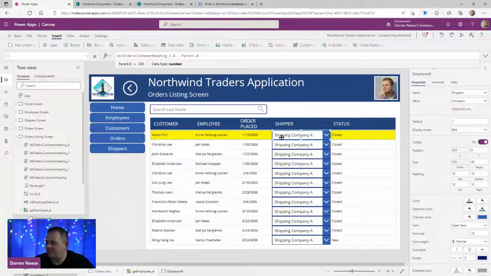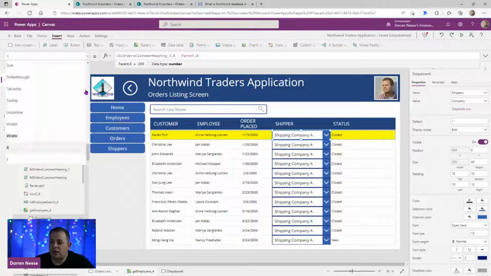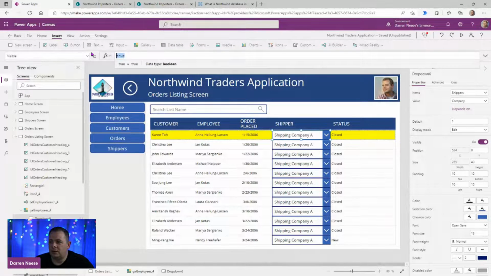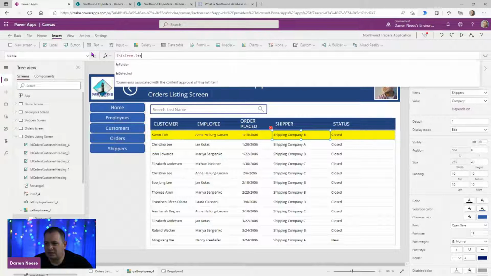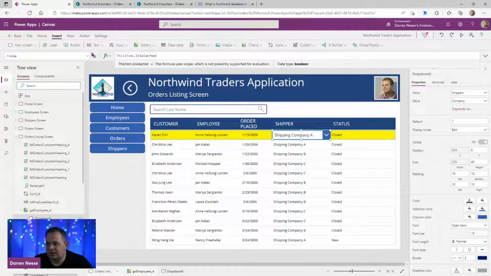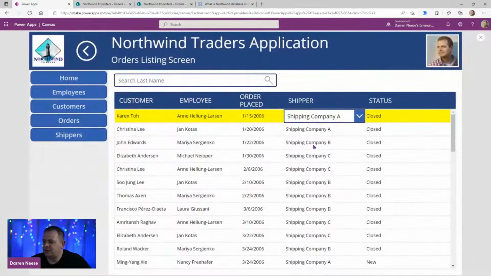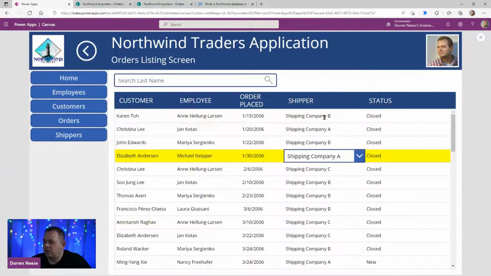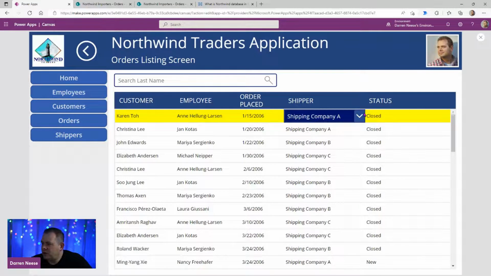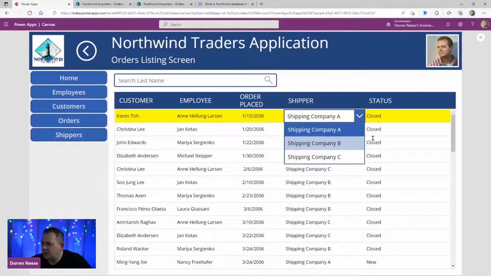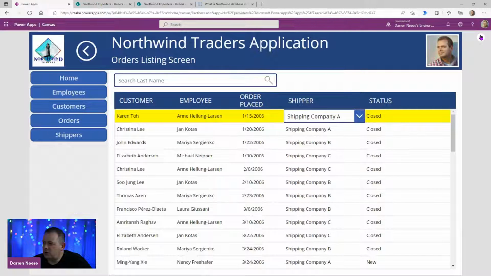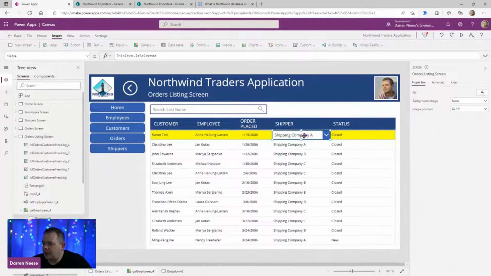Yeah, very good. All right, so what I'm going to do here, I'm only going to show this drop down box based on a few criteria. The first criteria, I'm going down here to visible, and I say this item dot is selected. So if that row is selected, I want to show that drop down. If it's not selected, I don't want to show it. Otherwise, it just starts to look a little cluttered. But there we go. So we could change this to something else, and then also we could base this on,